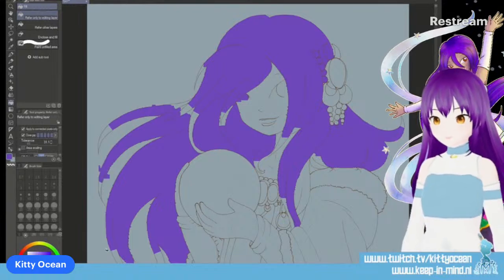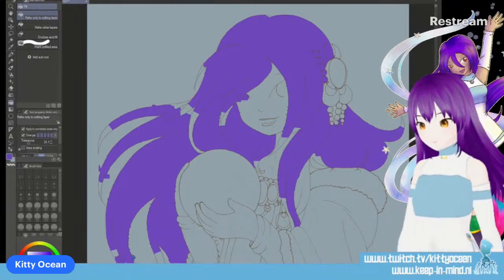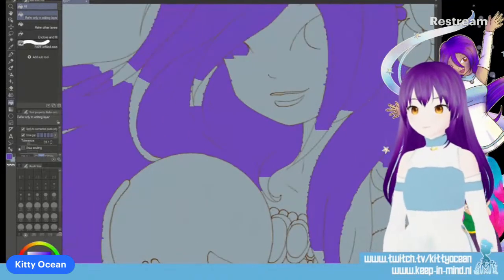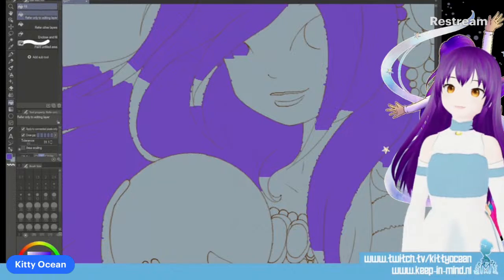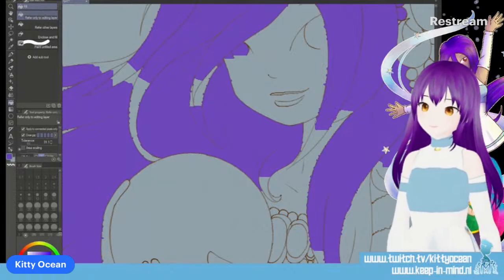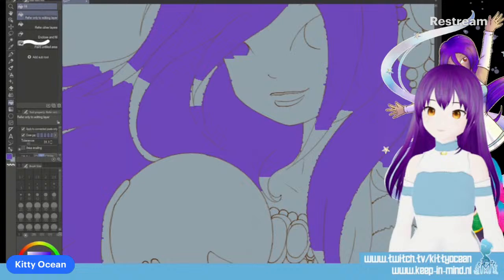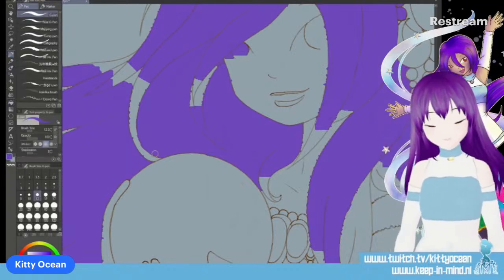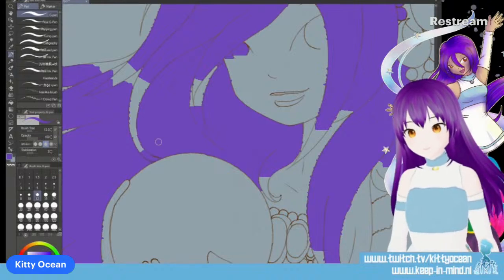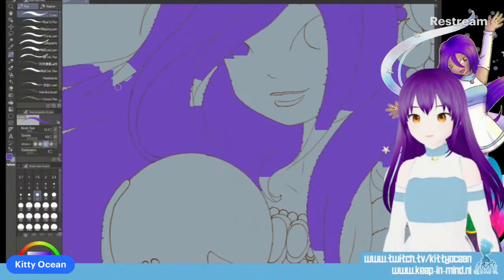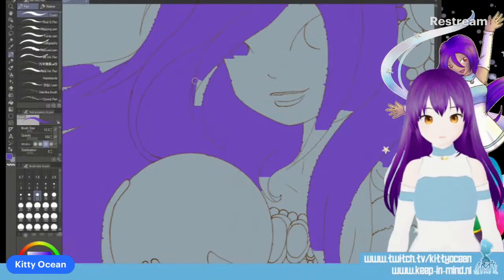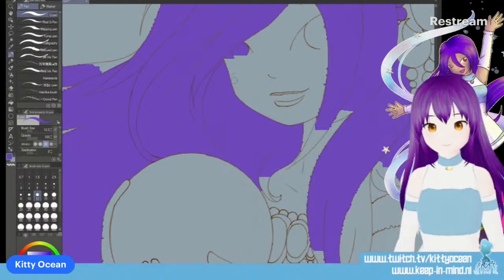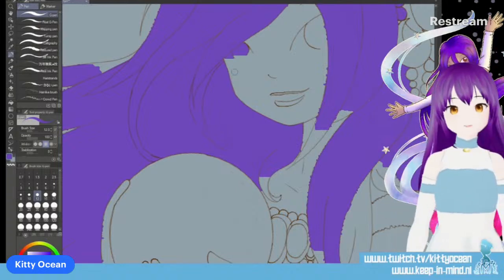I need to add some things inside. Wait. Only to the editing layer. Yeah. But this already saves a bit of time. Okay. Screen needs to be a bit closer.